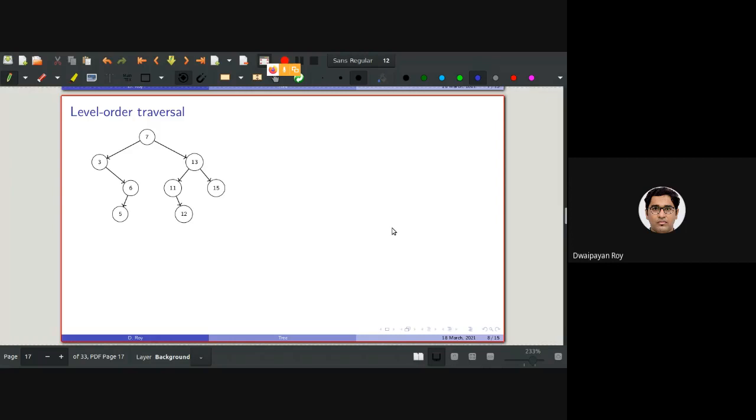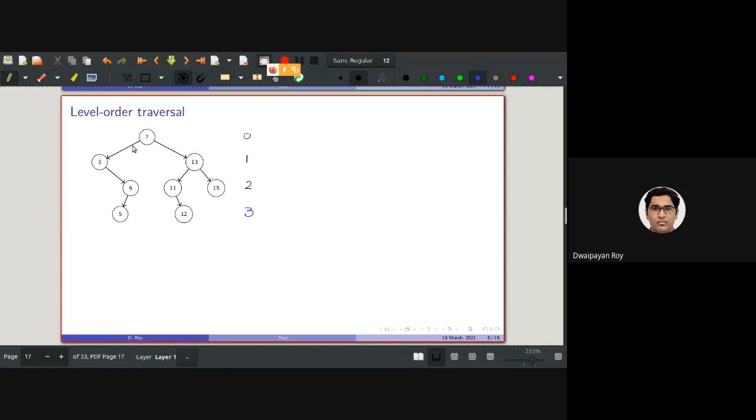And this another tree traversal is called level order traversal. For the level order traversal, we know these are the levels: 0, 1, 2, 3 are the levels of the tree.